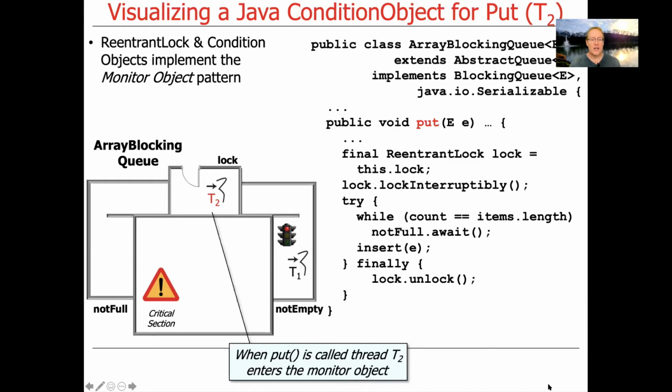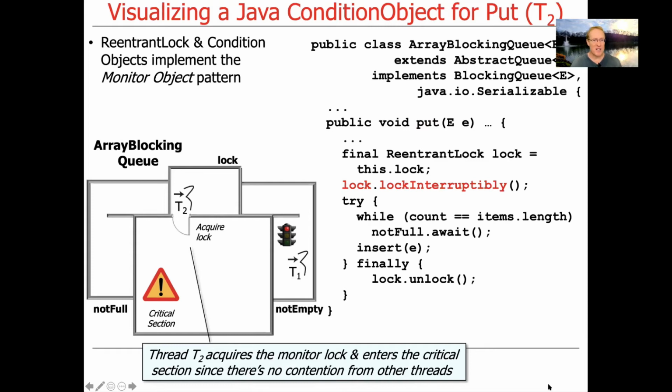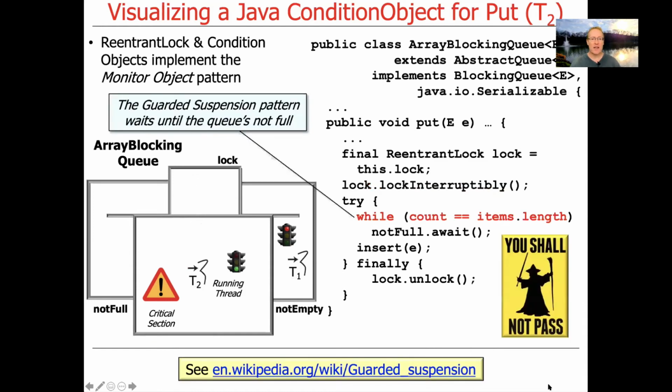So when put is called, thread T2 enters the monitor object, and then it will be able to successfully acquire the lock because there's no contention, since it was released by thread T1. That's why await has to put the thread to sleep and release the lock, so we don't end up with some pathological deadlock condition. And at this point, it will also use the guarded suspension pattern. The difference, of course, in this case will be that the count will be equal to 0. So this while loop, in fact, will